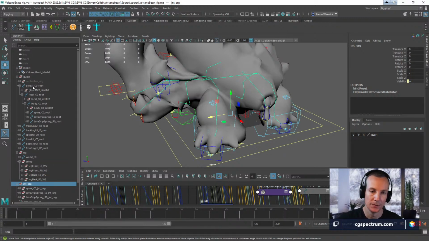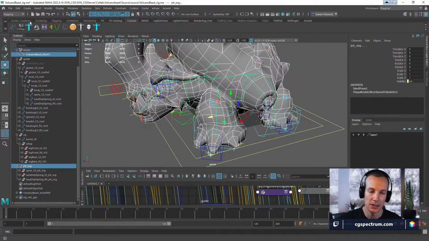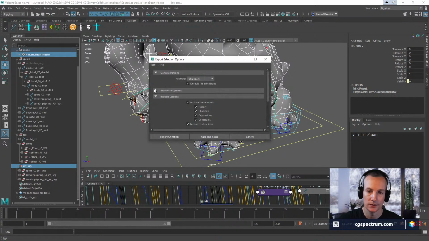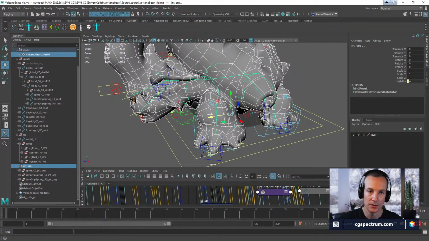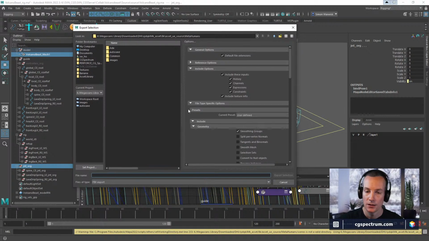Anyway, we'll pick the mesh and the main joint, and we're going to create our skeletal mesh. I'm just going to use the normal standard export selection, which, that's not what I meant to do, not the option box, just pick it completely. And make sure we're using FBX. We're going to put it into source.